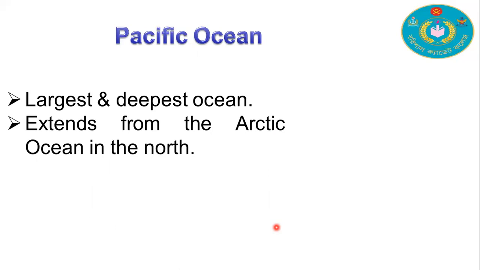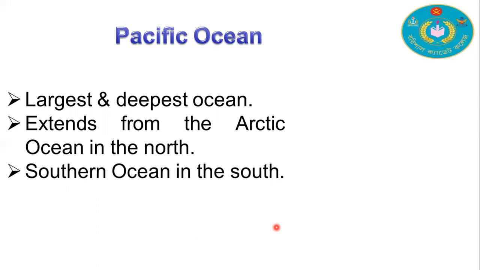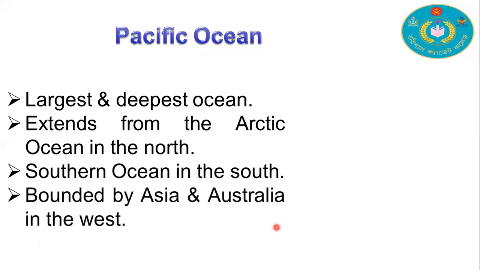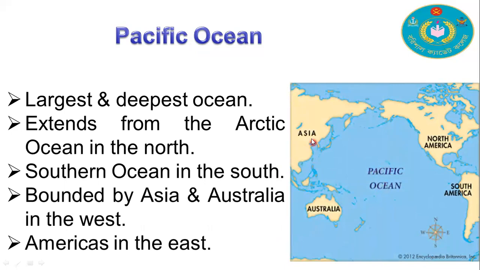It extends from the Arctic Ocean in the north to the Southern Ocean in the south, and it is bounded by the continents Asia and Australia in the west, while the Americas are in the east. You can see this is the Pacific Ocean. This is Asia and Australia, while North America and South America are on the eastern side, and Asia and Australia on the western side. And this is the northern side, the Arctic Ocean, and this is the southern side,